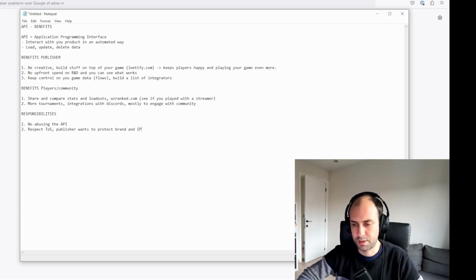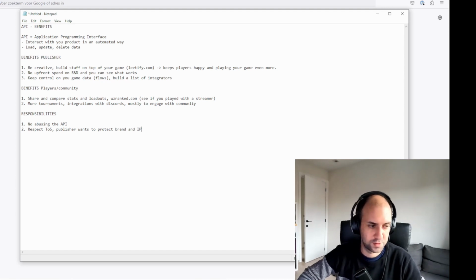They want to protect their brand and IP. And then, of course, in the end, the revenue they get from it. So if you use the API to organize tournaments, really read up on the terms of service and respect anything that's stated there.